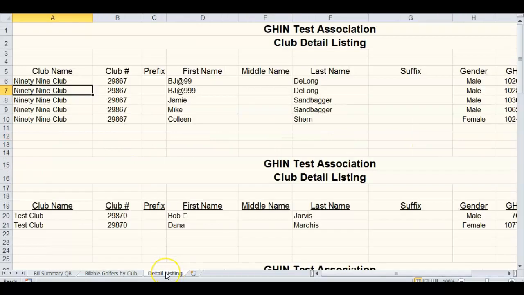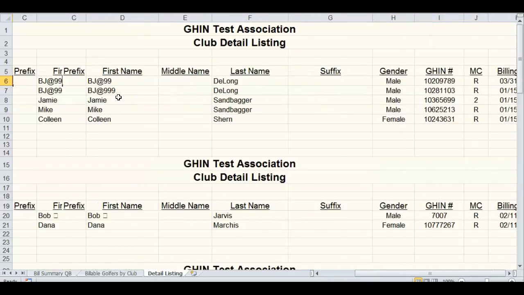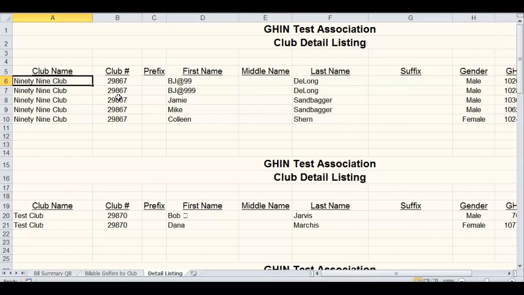Now those backup files can be created from the detail listing sheet in that Gin billing file. So you can see here for like the 99 club, we have a list of all the golfers that are included in this billing, but it's all in one big long spreadsheet. So if you wanted to create attachments for emails, what you would have to do is you'd have to highlight